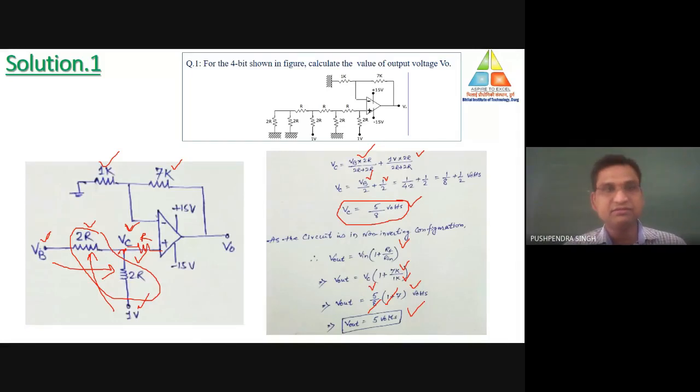I think the calculation and the derivation part, everything related to the binary weighted and R2R ladder network, will be clear to all of you. It's a very important topic related to any competitive examination, any kind of examination. Remember this. If you have any kind of doubt, you can ask me any question related to binary weighted, R2R and any kind of topic. So I hope that would be clear to all of you. So this is all about today's lecture.